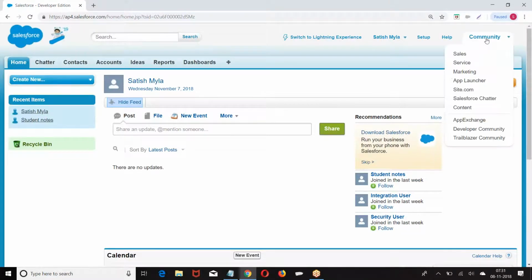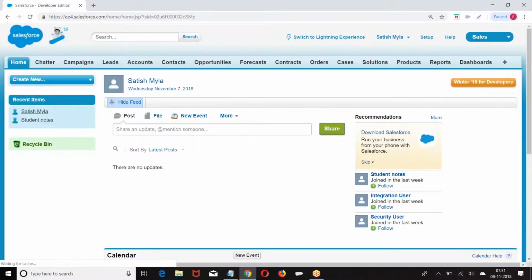Now what is the discussion? Document. What is a document? It is a standard object created by Salesforce. It is one of the standard tables created by Salesforce. What is the purpose of it? If you want to store any documents, files or attachments, we will be storing them in this table. There are two types of documents. One is an internal document, the other is an externally available image.